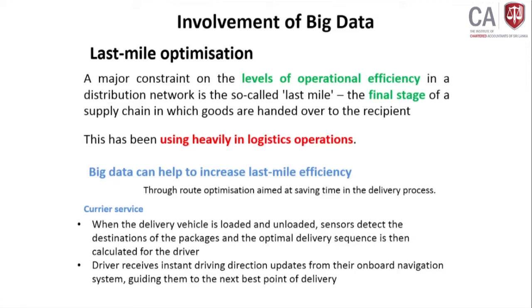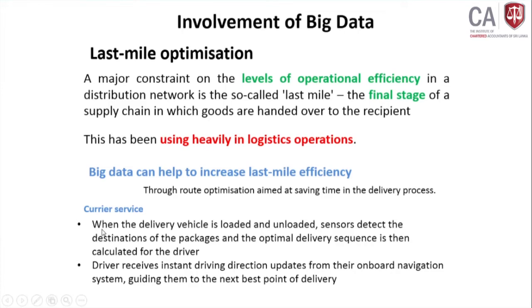Okay. So I think it's clear to you now. Big data can help to increase last mile efficiency. Because of big data, they identify what are the issues coming in the road, the delivery of the item. Then they identify, okay, this is not the best route to go. We will find another route and deliver the goods. So in the last mile, they identify what the best route is. They deliver the goods to the person.